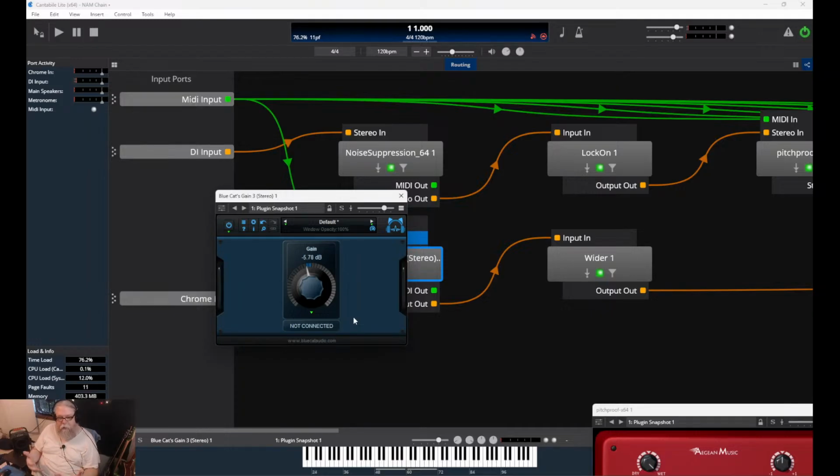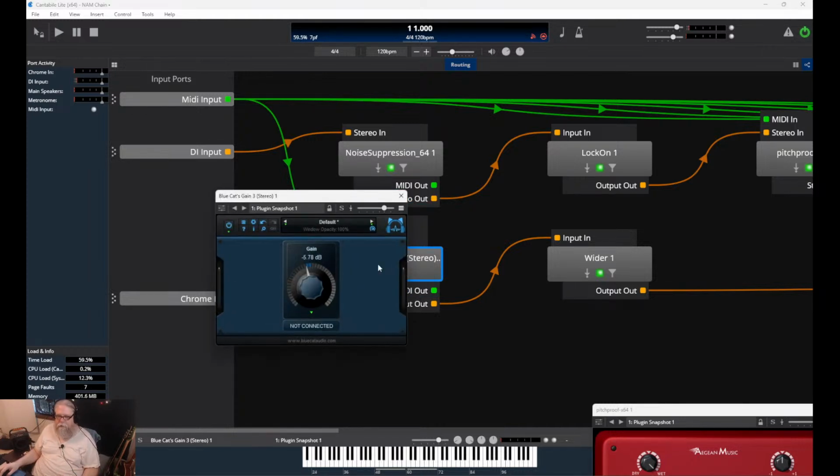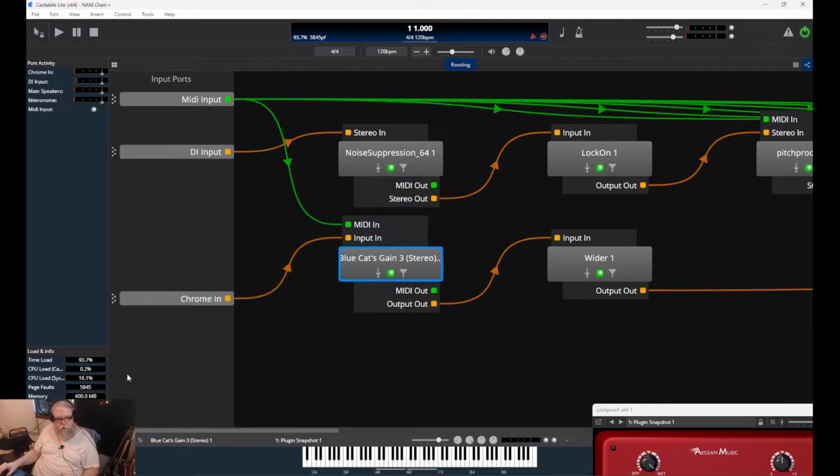You would do the same thing with your expression pedal. You'd have the expression pedal plugged in, go in here, tell it to learn, and then step on the expression pedal, and it would go, oh, okay, these two sync together. From that point, it's a volume control now. It's gain. So -60 is off, or blasting up there at 300. That's the exact kind of thing you would do to work that in there.